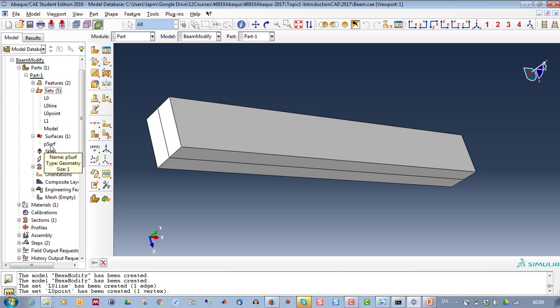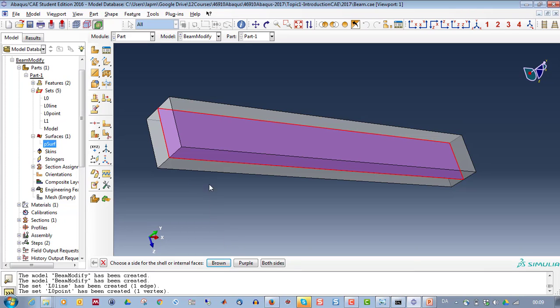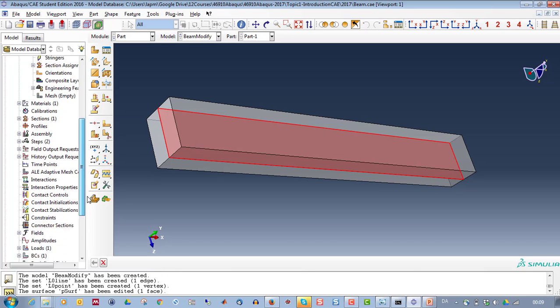Regarding the surface, we would also like to move that not to the upper part, but the internal part. So we can click on that, reselect the surface. Now we would like to be able to select the internal surface here. So we need to go up here, find the option for selecting the internal surface, select that, done. And now we should define what direction we should have the surface on. So we take the purple side, and now this is done. So now we have selected the internal surface.